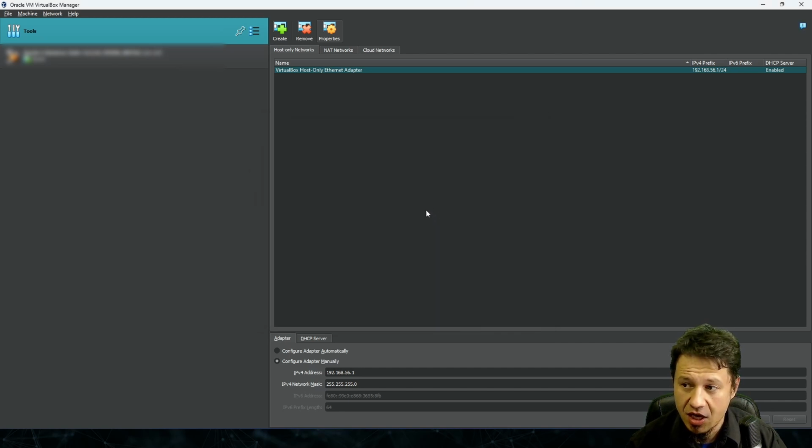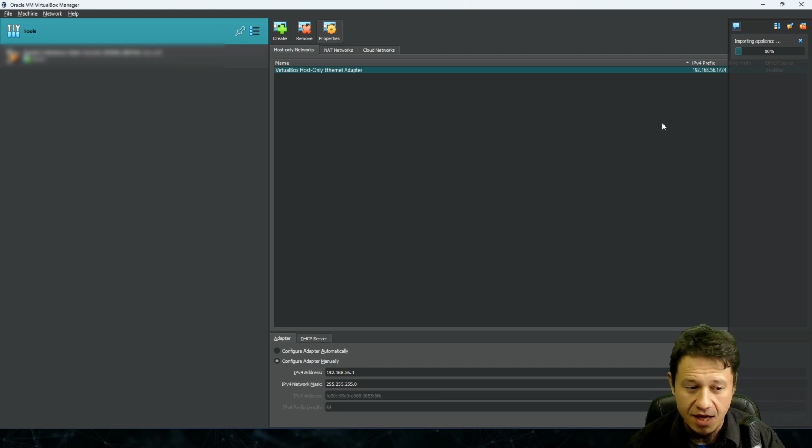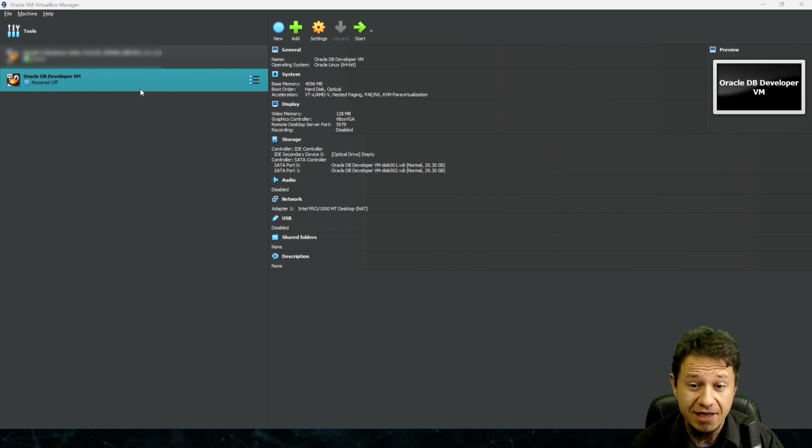and I'm going to press Finish and agree. This will start importing my appliance, and after it's finished, we are ready to start our virtual machine where the database is present. So let's wait it out. Okay, the virtual machine has been imported,